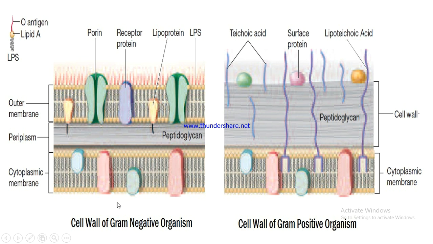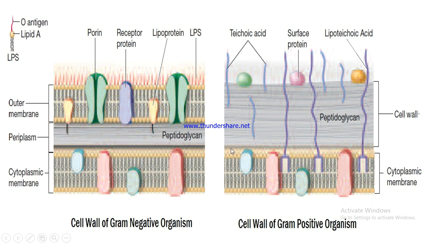Now what happens when we stain these bacteria? Firstly, we will talk about the Gram positive bacteria. When the primary stain, which is crystal violet, is added on the smear of Gram positive bacteria, the crystal violet dye interacts with the cytoplasmic membrane of the Gram positive bacteria and fixes there. When we add mordant, the loosely fixed crystal violet forms a strong complex and is present inside the peptidoglycan layer.